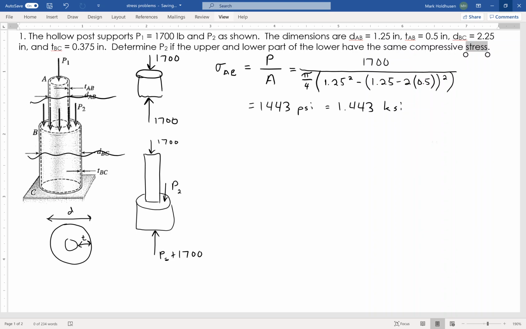Now I want to make the bottom the same as that. So the stress through the bottom section is also going to be 1,443. That's going to equal the force through BC divided by the area of BC. The area of BC is actually a solid post. No, it's also the same idea. So that area is going to be